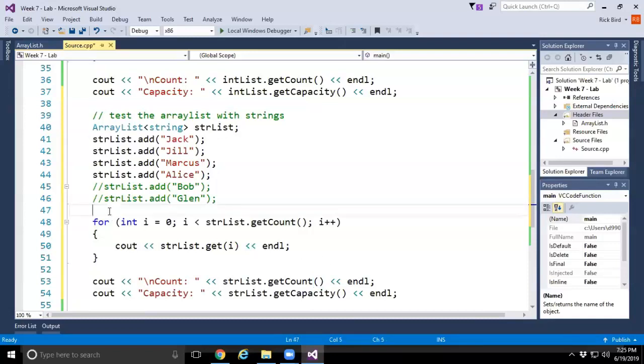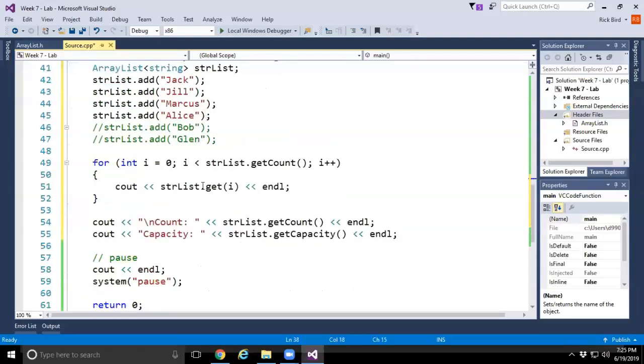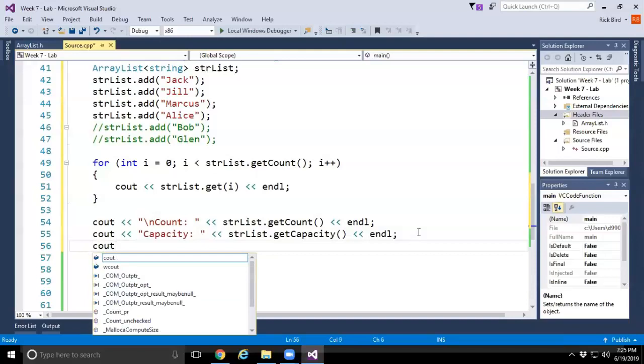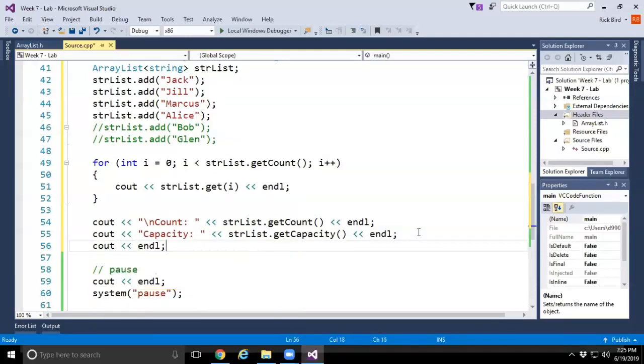Now right here before the for loop, or actually let's do it up here, let's just do a blank line like that. We're going to show the count and the capacity for our integers, and then we're going to put a blank line so it doesn't smash up against our strings. And then right here, we're going to do the exact same thing, a blank line like that. Now if we hit run,